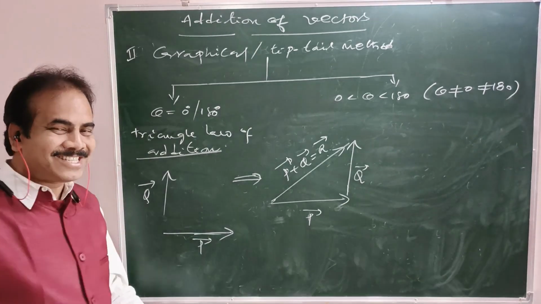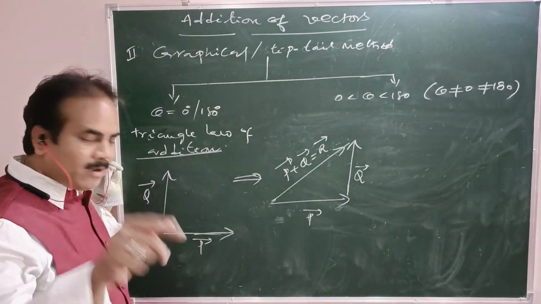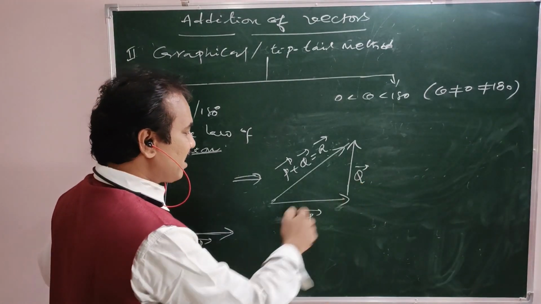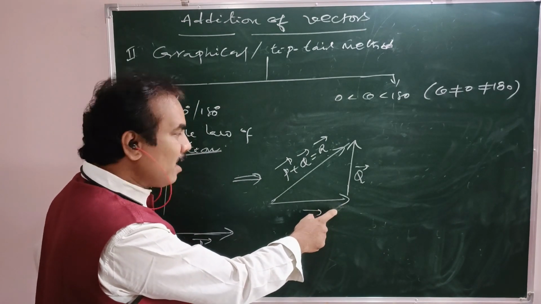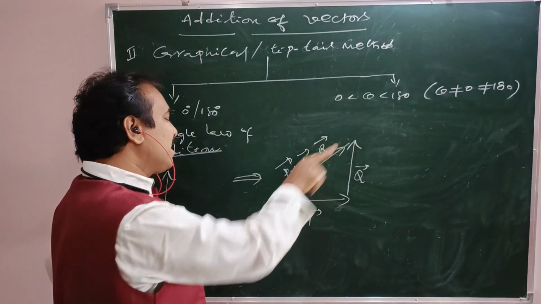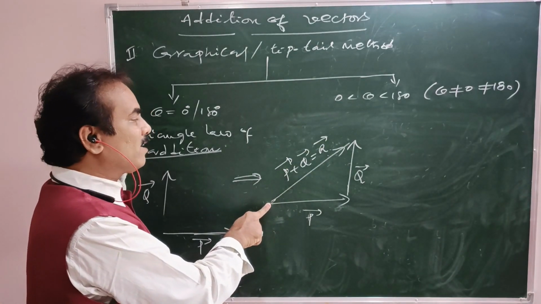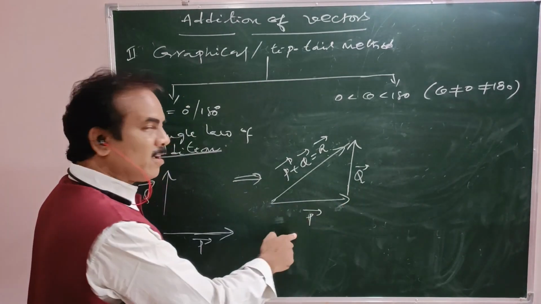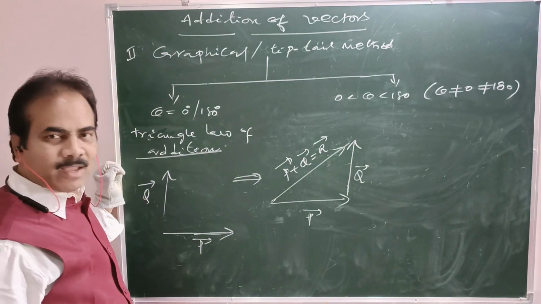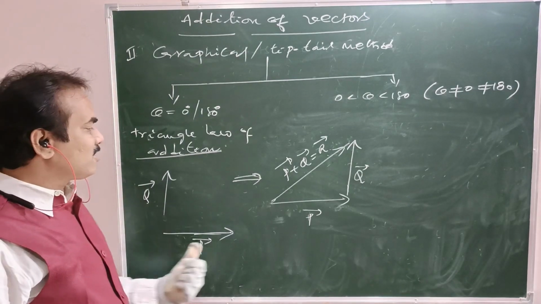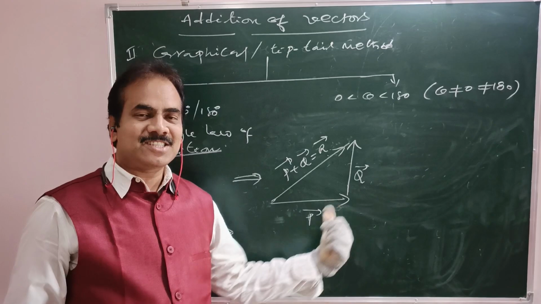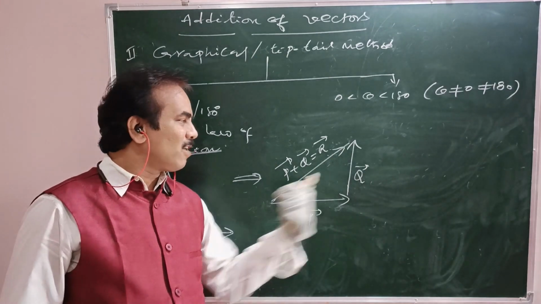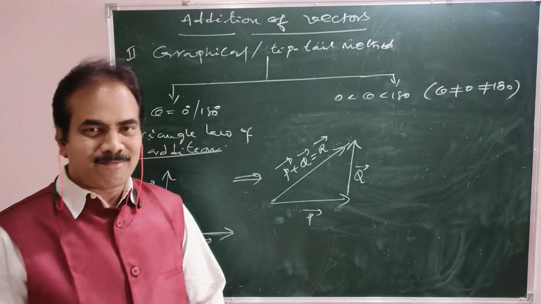Now what is the statement of the triangle law? Where two non-zero vectors are taken as the adjacent sides of a triangle in order, then the closing side of the triangle taken in the reverse order, that is from the tail of the first vector to the head of the second vector, is the resultant of both given vectors in magnitude and direction. Once again, when two given non-zero vectors are taken as the adjacent sides of a triangle in order, then the closing side of the triangle taken in the reverse order is the resultant of those two vectors, both in magnitude and direction.